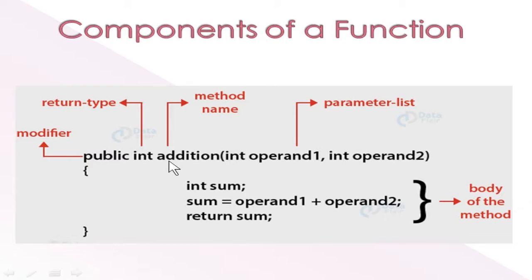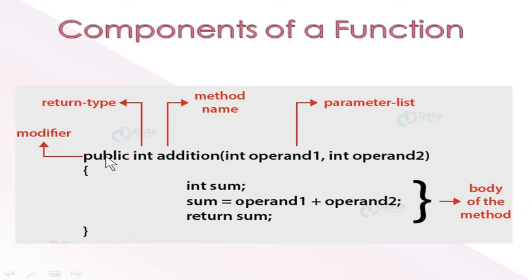Now the second topic is function signature. So what is a function signature? It has the function name and the parameter list, only these two. The necessity of the function signature is in the concept of function overloading. You will have many functions with the same function name, but differing in the number of parameters or the type of parameters. In that case there will be some difference in the signature. That's the reason they use the word signature.